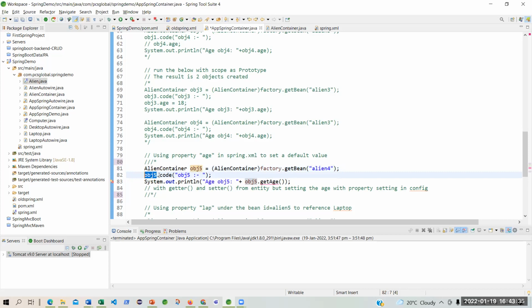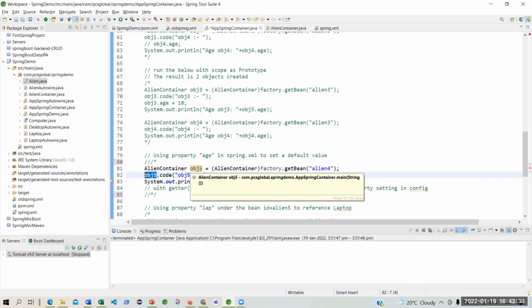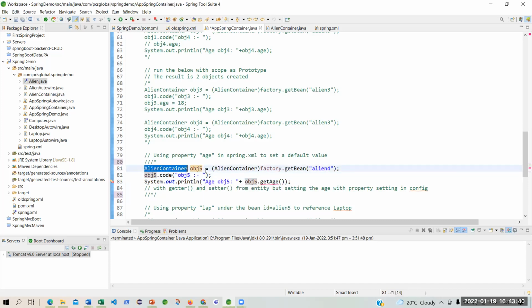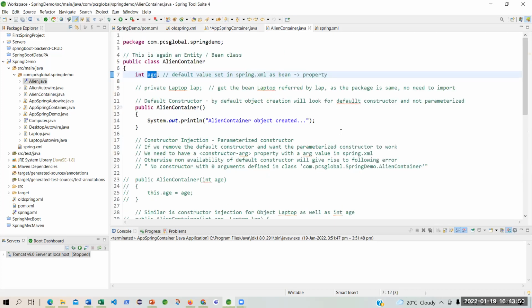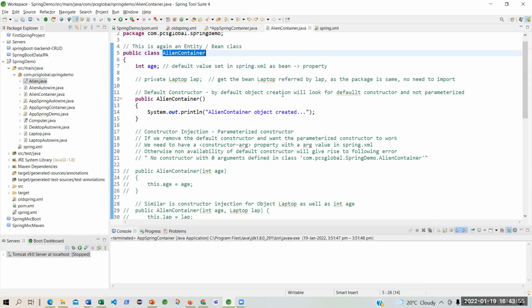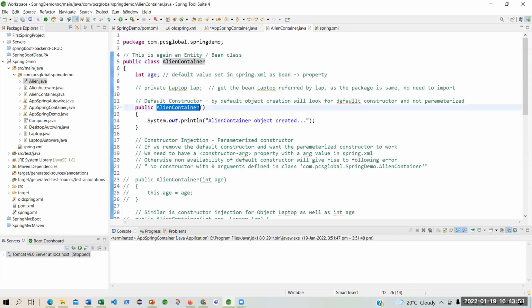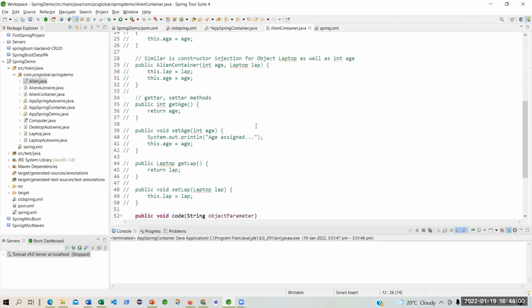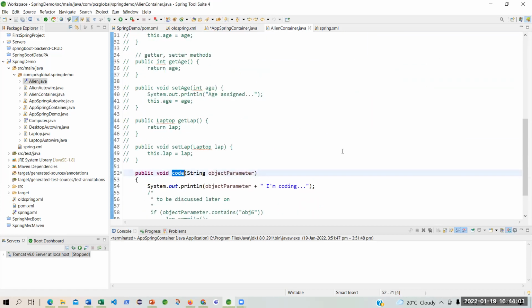Obj5 is nothing but the name of an object created of type align. That means this is an object of type align container. Align container is this class, and this will be the default constructor. And now I am calling a method within the align container. That is what I'm doing here.